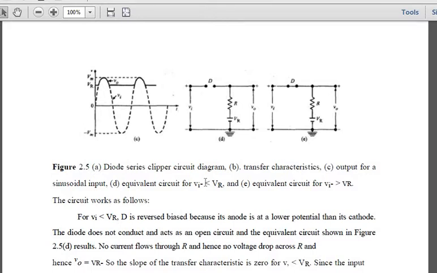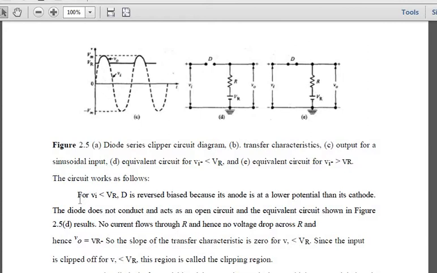What is the condition? If Vi is less than the reference voltage, then it will act as an open circuit, and if Vi is greater than the reference voltage, then it will act as a short circuit, because here the current will be flowing, you will have a path over here, so your input voltage should be equal to the output voltage. That's the reason we are getting this particular output here, Vi is equal to V naught. But in this particular condition, because there is no flow of current from the input to the output, your output will be equal to the reference voltage. So this particular part will be clipped off over here.